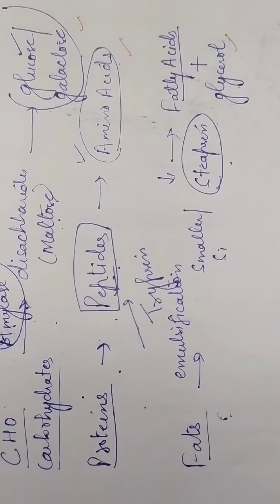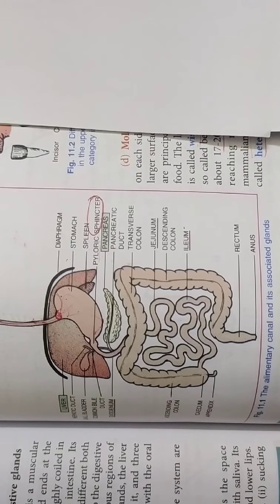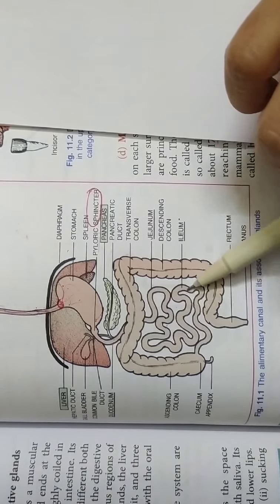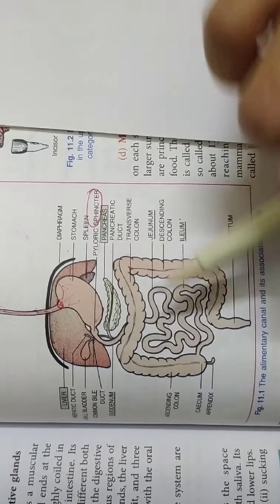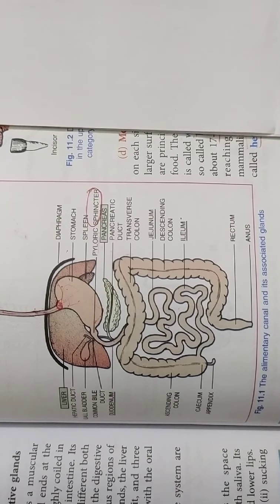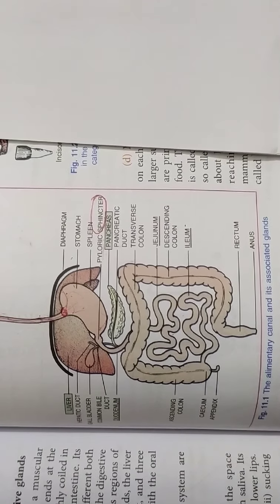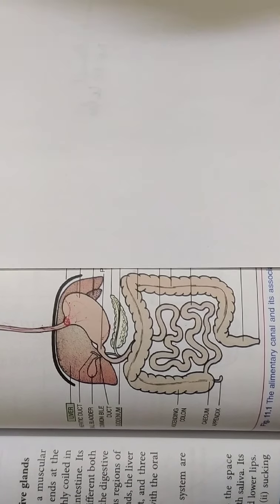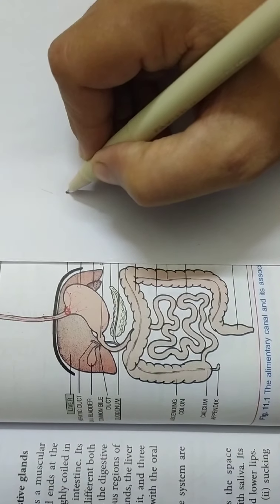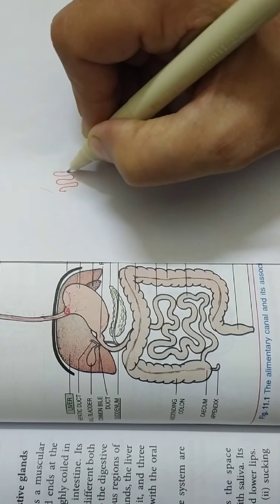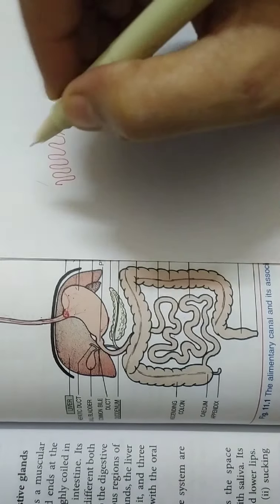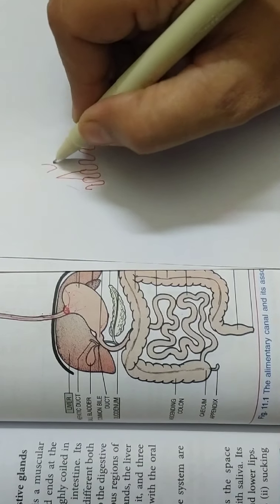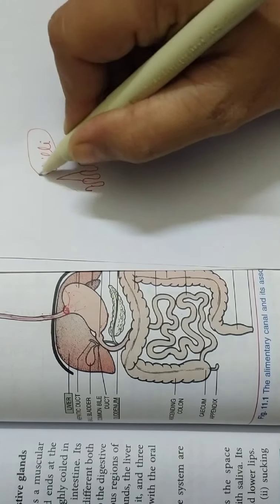We have to talk about the structure of the small intestine. Referring to this diagram, the jejunum and the ileum part of the small intestine contain finger-like projections towards their inner membrane, and we call them villi or microvilli. Means the intestine contains many folds like this, folds towards the inner side. These are called villi. Singular is called villus.